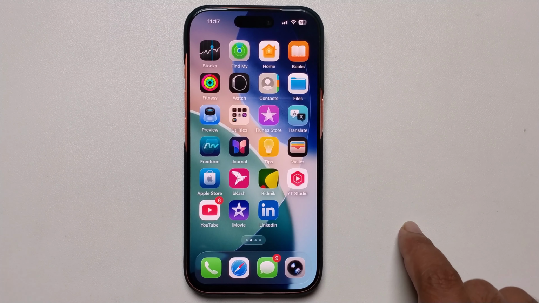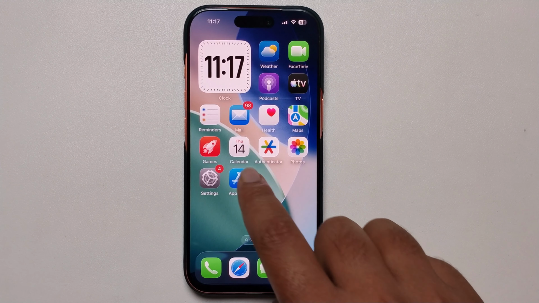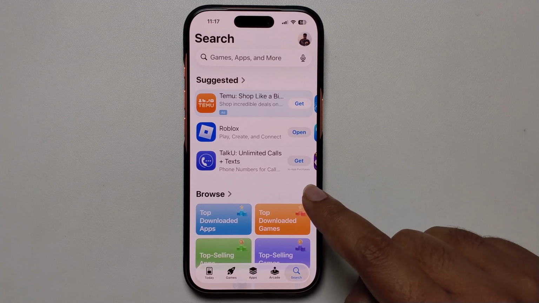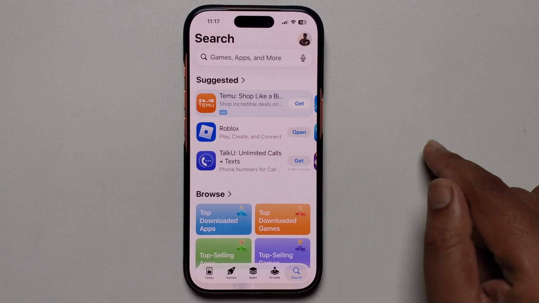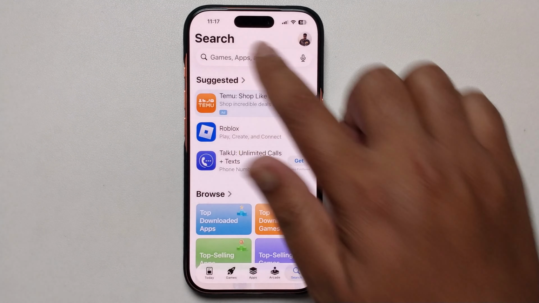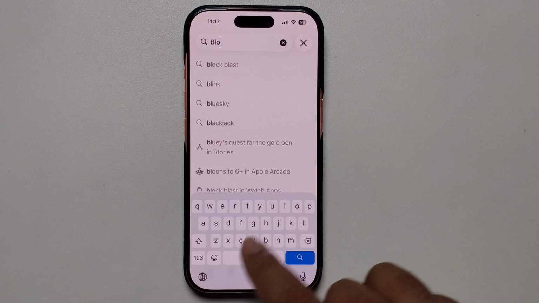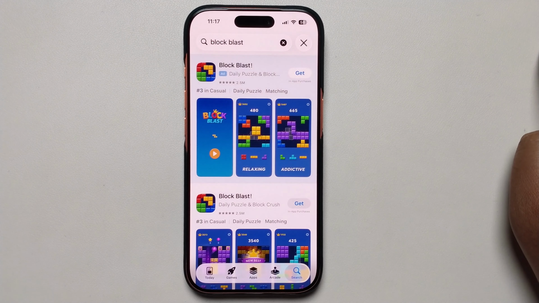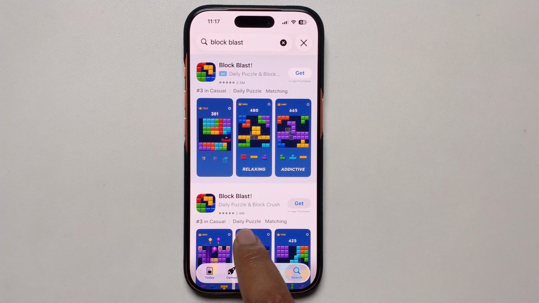Okay, open your App Store. If you want to use iPhone, open App Store, or if you want to use Android, open Play Store. Just search here for Block Blast. Then you get these apps. So these apps,